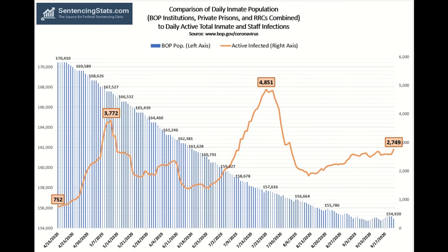This particular chart has kind of the same theme here. It counters any BOP argument that they are doing enough to combat the infection. What this shows is the total population of all BOP facilities, that's BOP institutions, private prisons, and RRCs. We combine all of those and look at what the population has been since mid-April, and you can see it's consistently decreased. But notwithstanding this decrease, which by the way has slowed as of late, it's kind of plateaued here